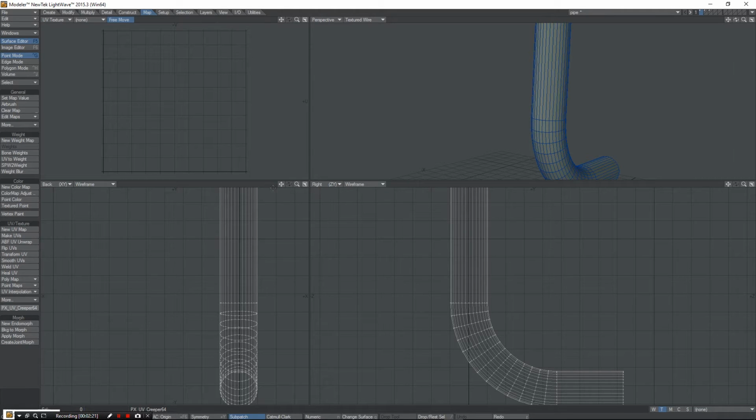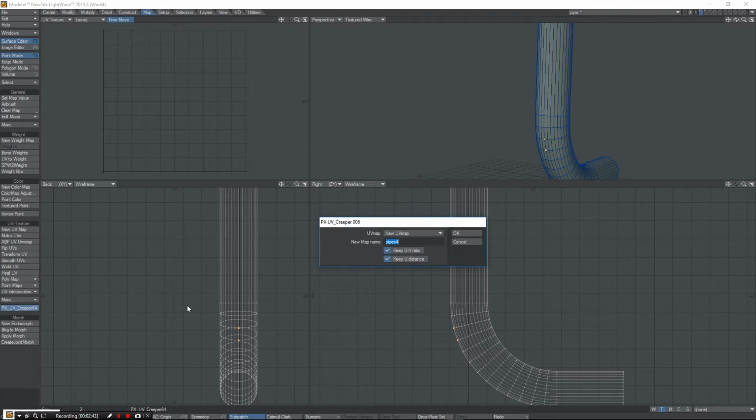So the way this works is that you go to point mode, and I'm just going to go in here and select 2 points. What this tells the plugin is that we want to have UV Creeper running on this edge. It's really simple, and if you have a clean object without any modeling errors or any errors in your topology, this will work. So I'm going to click the PX UV Creeper here, and what I've got here is